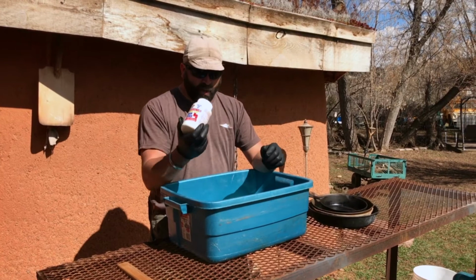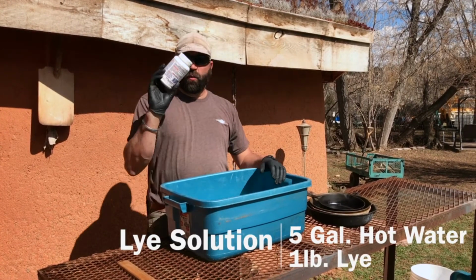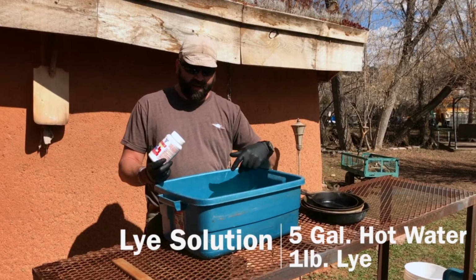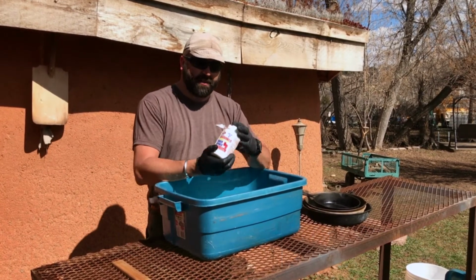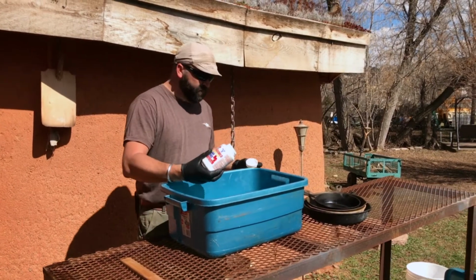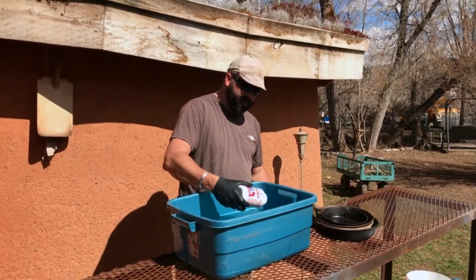Anyway, 5 gallons of water, 1 pound of lye. Put the water in the tub first, then it's a little bit easier to get this mixed up. You're just going to spread it in there, kind of sprinkle it. We're going to mix it up with